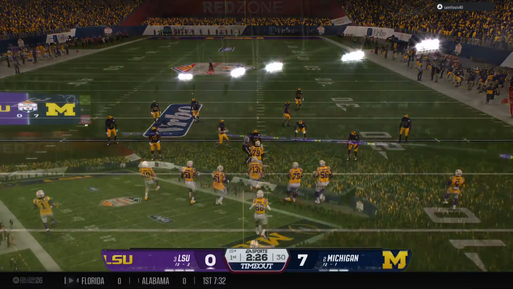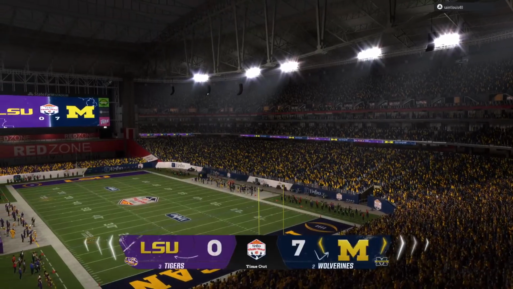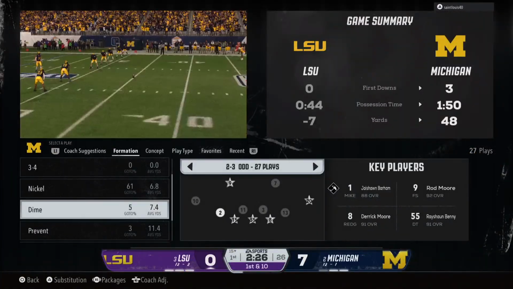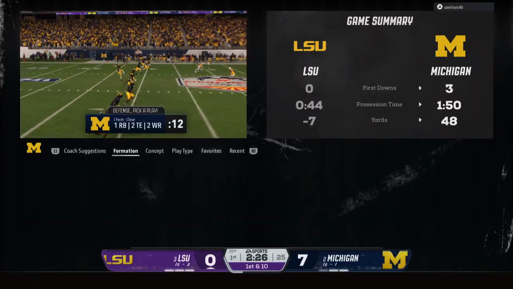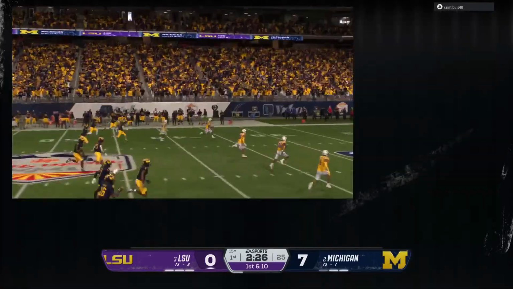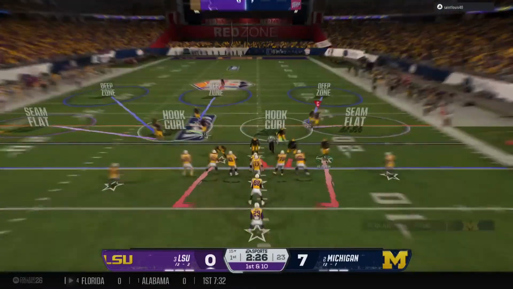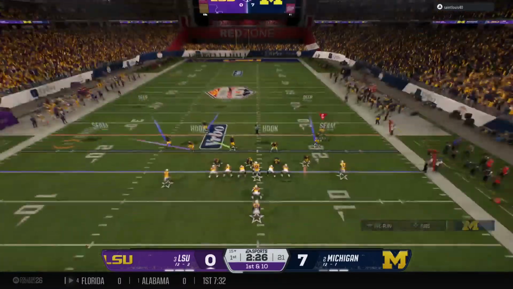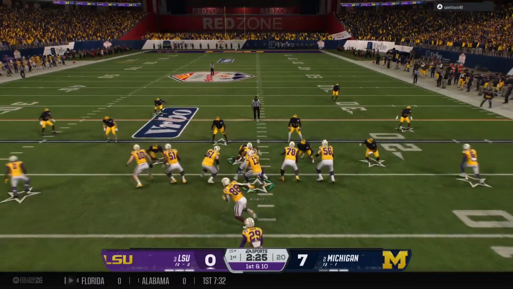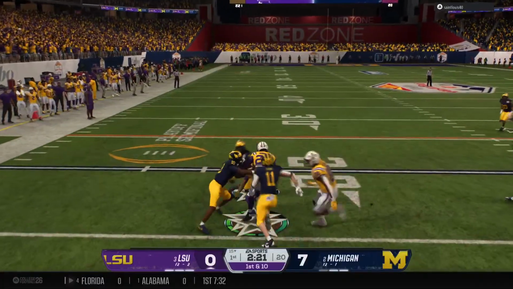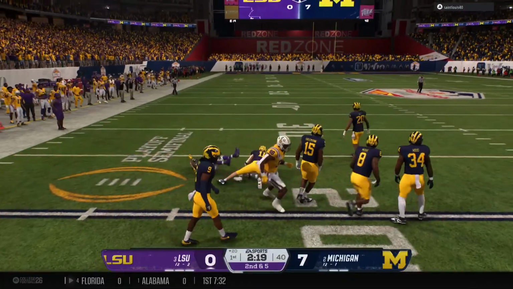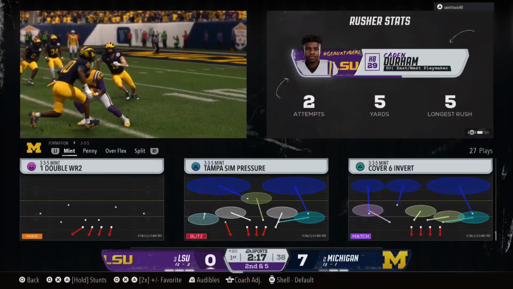Here's the first play of the drive now, backed up at the 15. Timeout called by the defense, their first of the half, as they try to make some adjustments here. Keeping it on the ground here. 5-yard gain, so it's 2nd and 5.